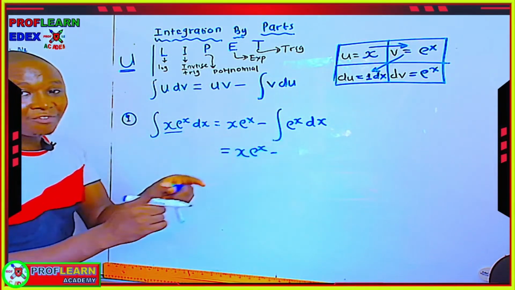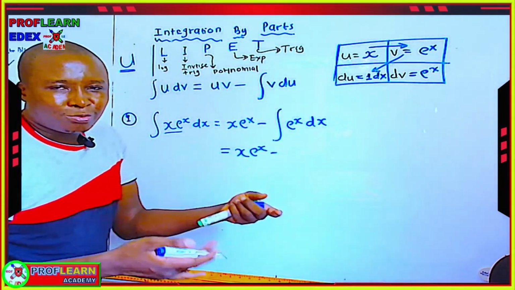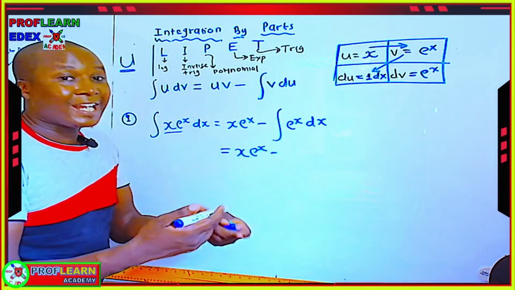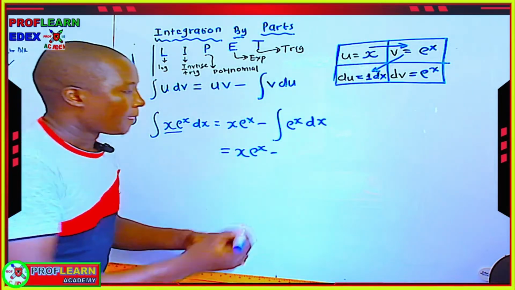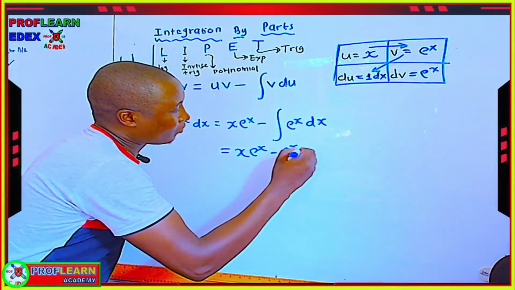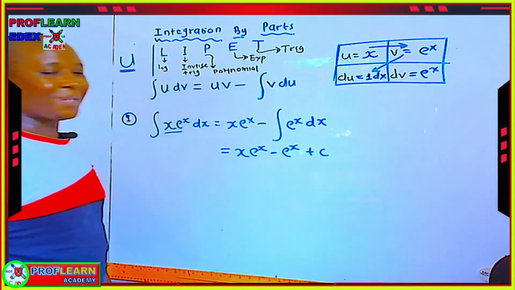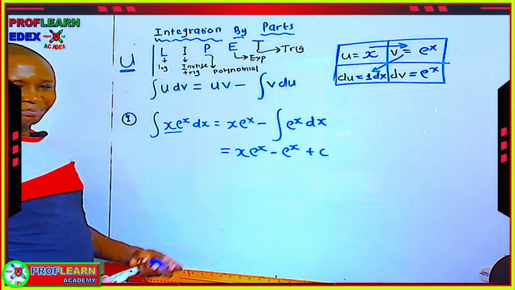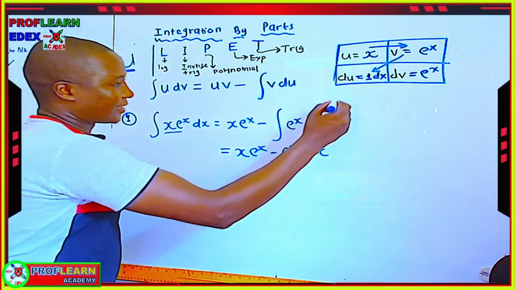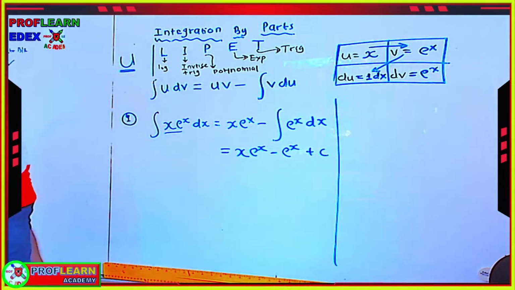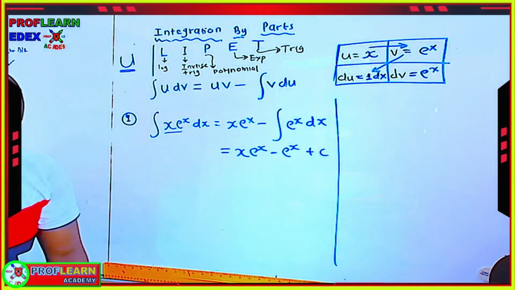Now the term we are having here is 1, so we can integrate this. Integrating an exponent of x, it becomes just an exponent of x, then we shall say plus c, like that. And we are done. So let us see how you can perform this other one. This other one says